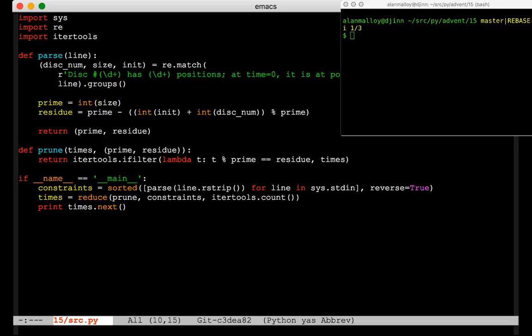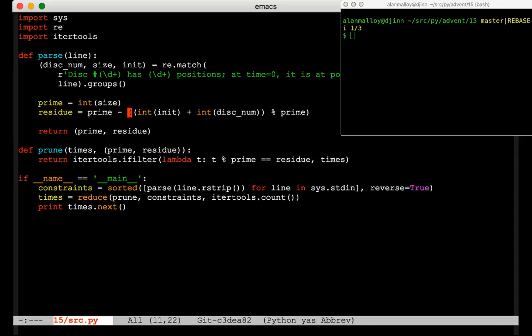And we call the prime an int of the size, and the residue is what number we need to find. So we need to find a number that is equivalent to something mod the prime. And what that something is, is the prime number itself minus